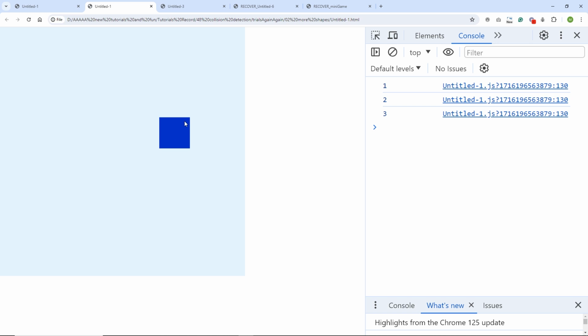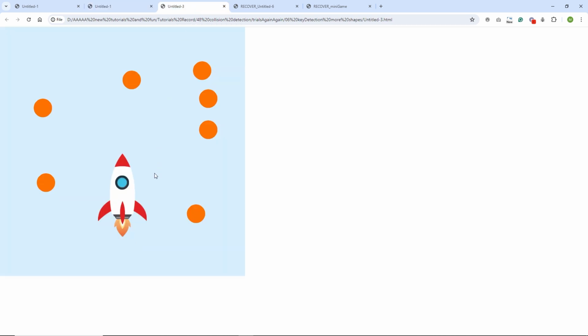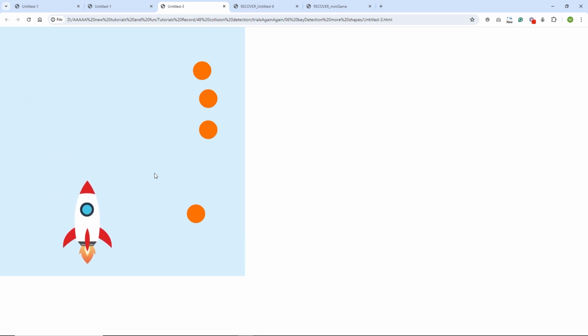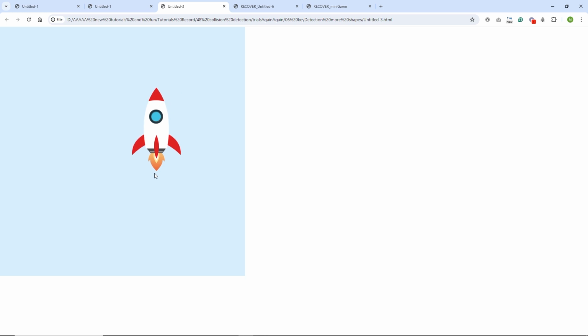I will also show you, but this is not for this tutorial, that we can have this also with shape like so, and this is going to be moving with my arrows, and I can get the pickups like so. And I have a tutorial about how you can move your objects with your keyboard, and I'm going to put the link in the description. So if you are going to combine that tutorial with this collision tutorial, you are going to be able to